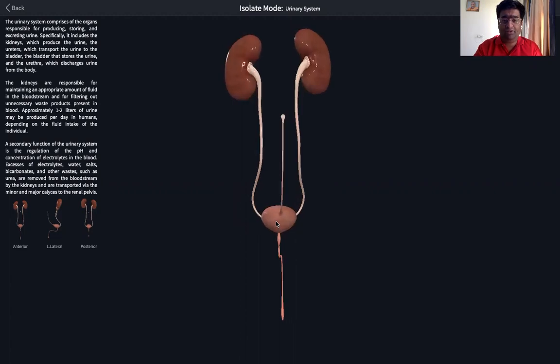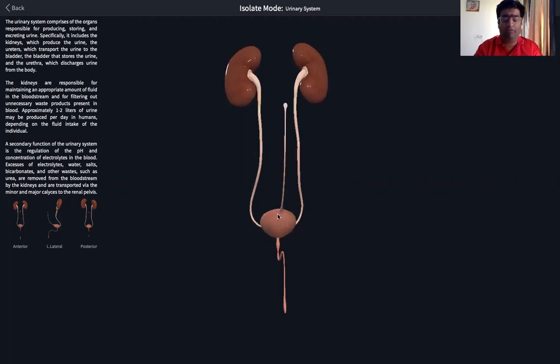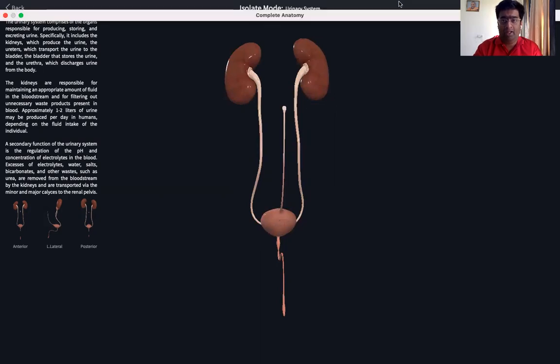This oblique fashion of opening of the ureters into the bladder prevents the backflow of urine when the urinary bladder constricts. So at the time of constriction of the bladder, there is a possibility of backward flow of urine into the ureters. So to eliminate that possibility, the ureters open obliquely into the urinary bladder.